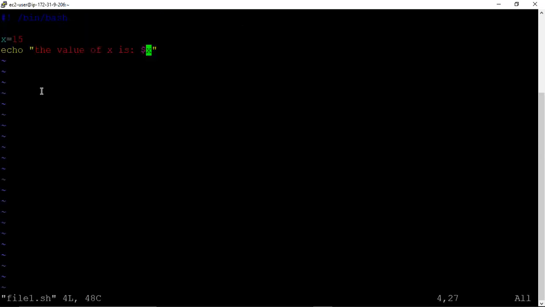Now see this, we have x is equal to 15. So what we do, we want to enter the value of x not here but on the terminal. So that will be our user.